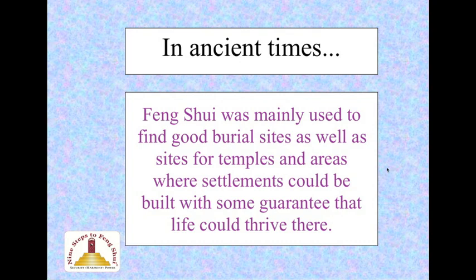So imagine a time, before there was a Weather Channel, before there was recorded history, people needed to be able to make an educated guess of whether a place would be good for them to settle or not. The things that Feng Shui consultants would look at is, for example, the shape and the size of rocks. Rocks that were cut very abruptly, that had very angular shapes, could mean that in that area you often have avalanches or there have been earthquakes.